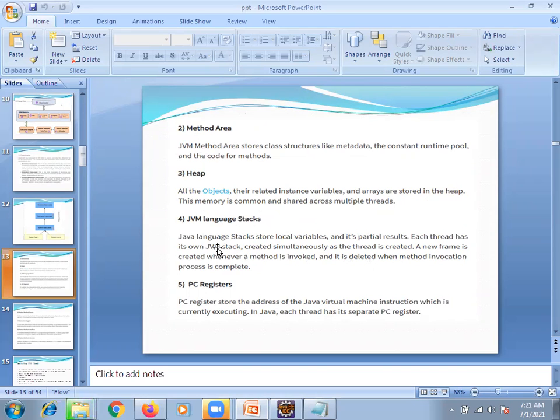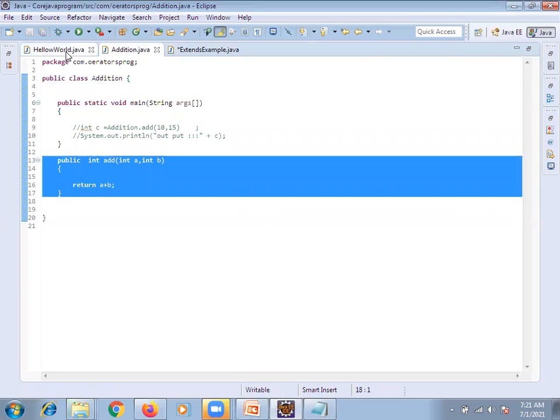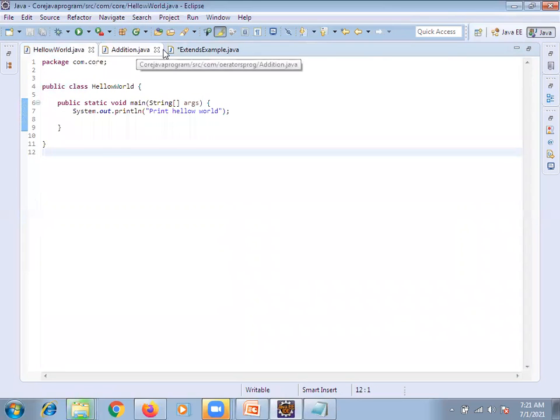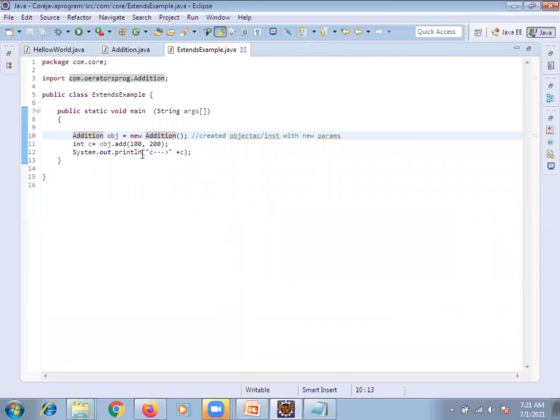Now coming to JVM stacks. They store local variables. The extend class is there. See, these two are instance class objects. What is this?